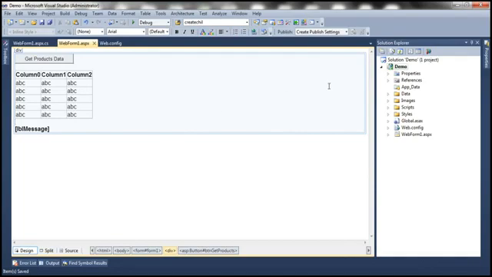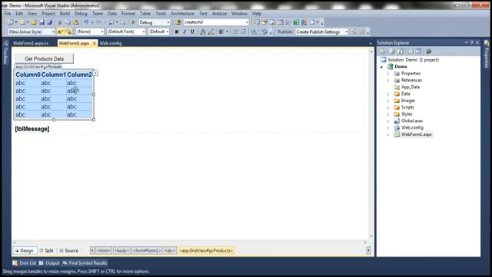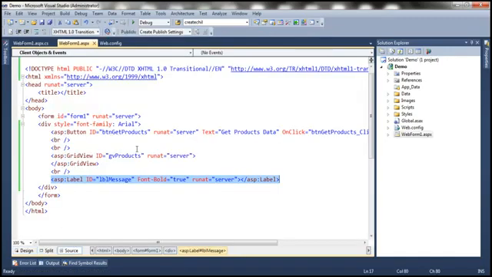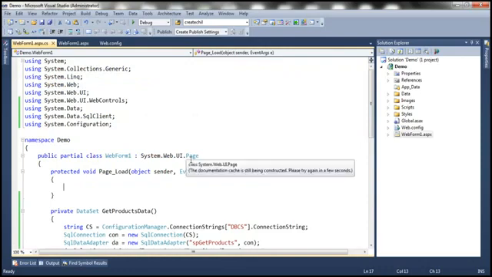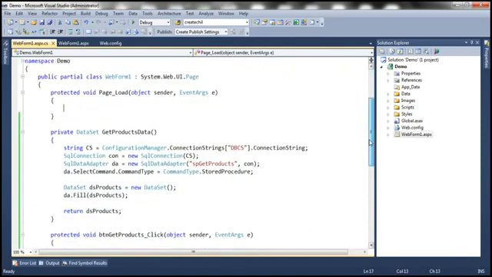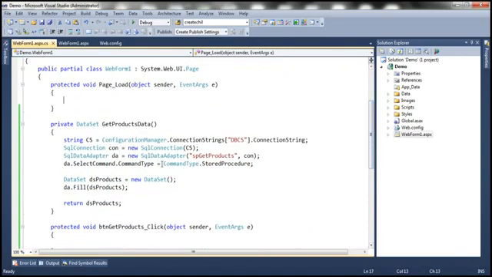Here I have an ASP.NET web application project where we have this WebForm1.aspx, and at the moment the design is pretty simple. I have a button control, a grid view control, and a label control. If you look at the HTML, that's what you see here: a button control, grid view, and label control. In the code behind file, I have already written the ADO.NET code to execute the